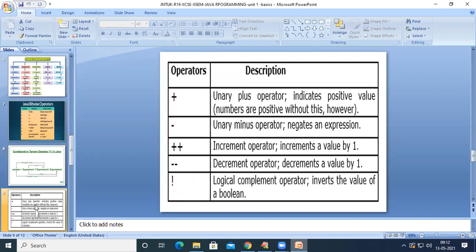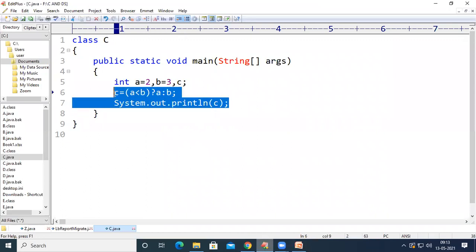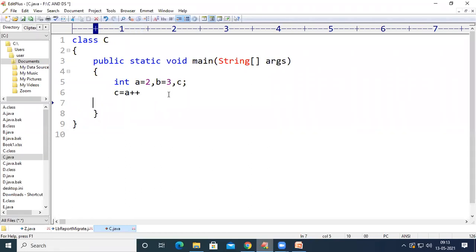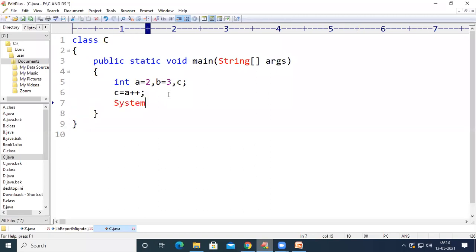Coming to these unary operators, C equal to A plus plus. I'm going to print the value of C on the output screen.